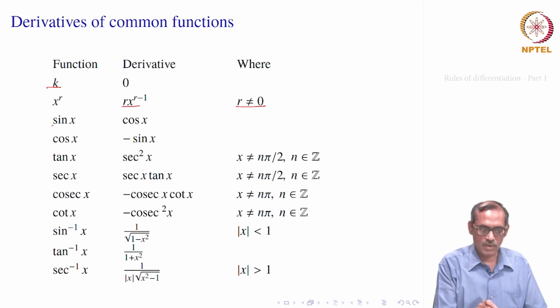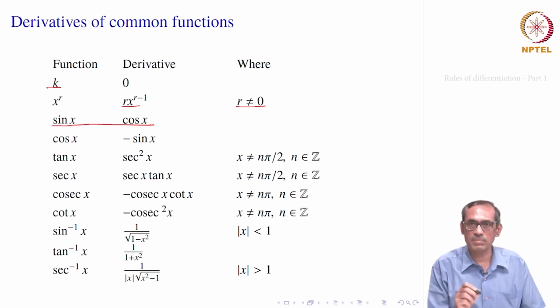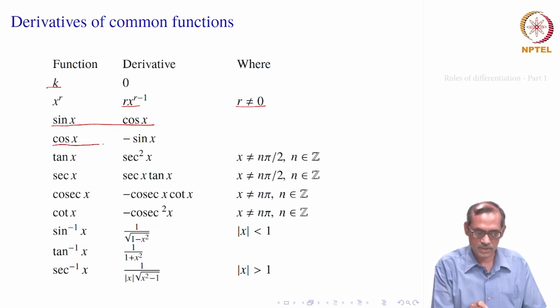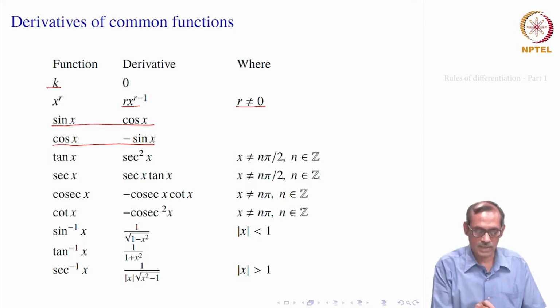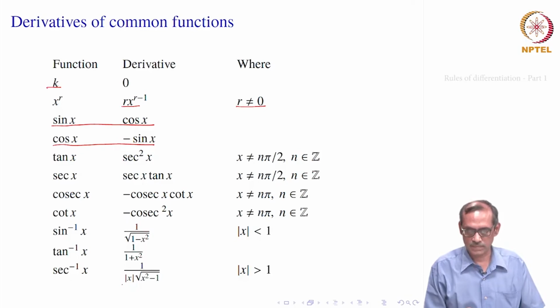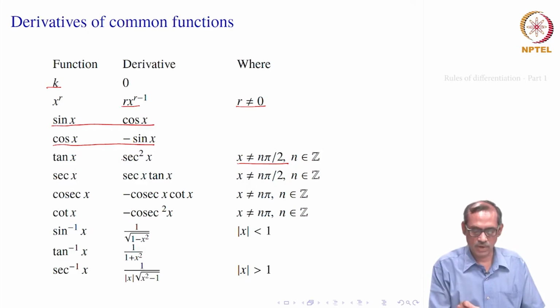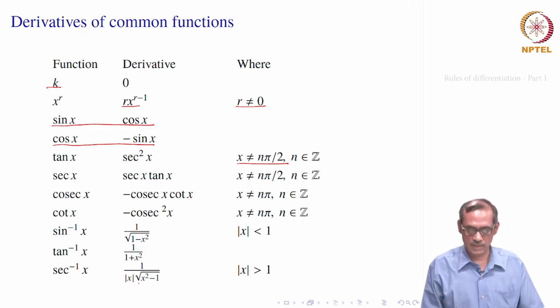Now, similarly, if we go, we will get sin x derivative equal to cos x. We have seen it in another problem, how to compute this. Of course, there you have to use the limit as x goes to 0, sin x by 2 over x by 2 is 1. Okay. So, the derivative of cos x is minus sin x, that also we have seen earlier. Similarly, you proceed, you get the derivative of tan x as secant square x. Of course, tan x is not defined at odd multiples of pi by 2.